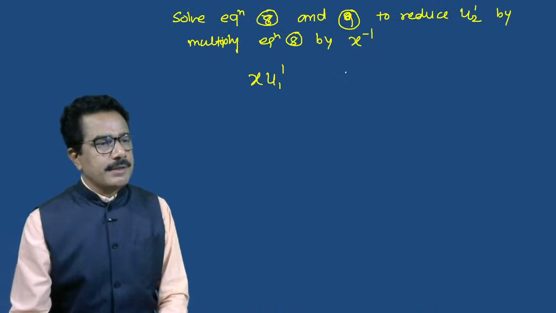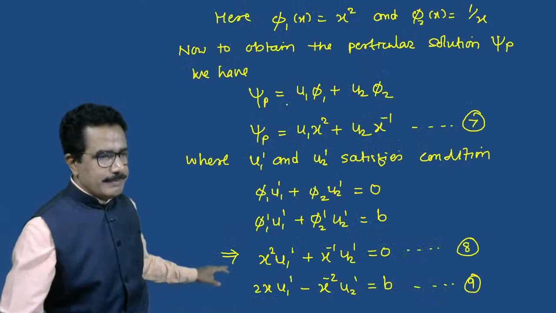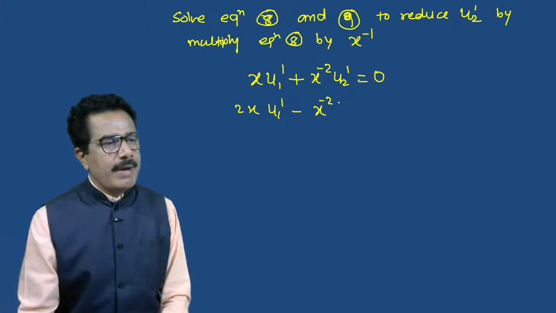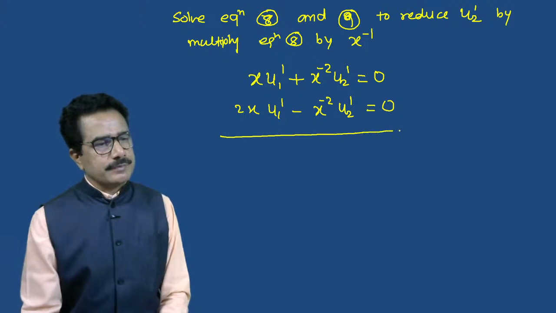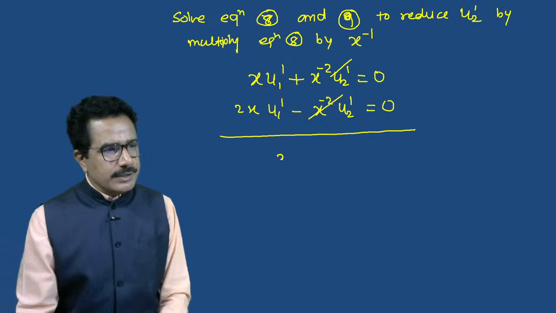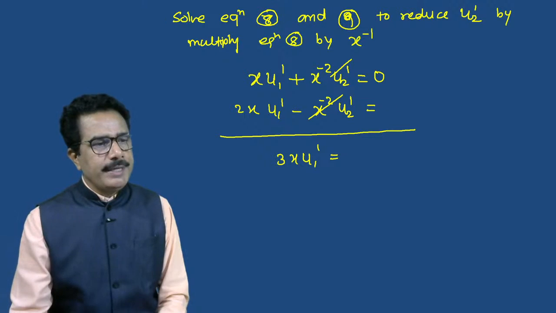plus x to minus 2 u2 dash which is equals to 0, and second is 2x u1 dash minus x raised to minus 2 into u2 dash which is equals to 0. So this will get cancelled. So that is 3x u1 dash which is equals to, यहाँ पे b है, b यानी कि x होता